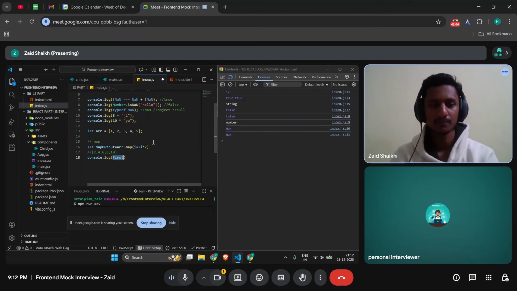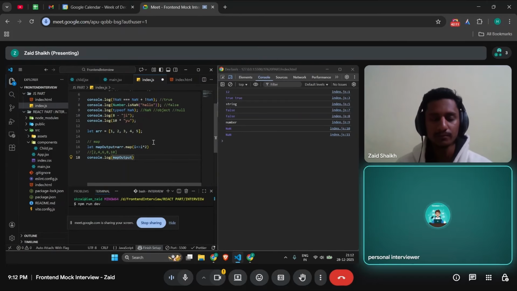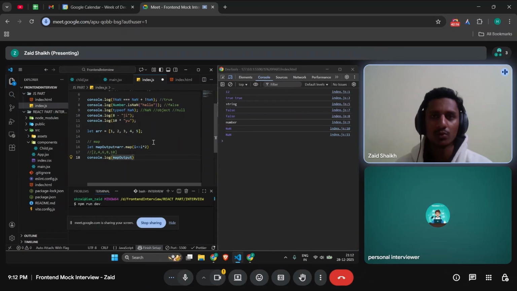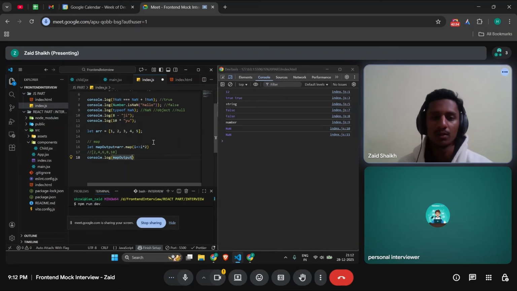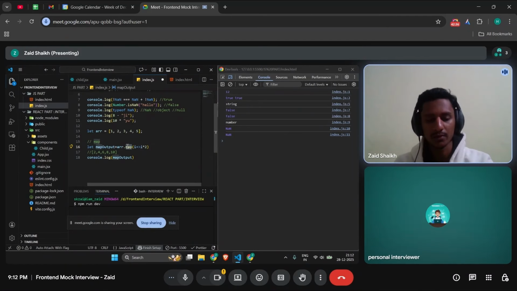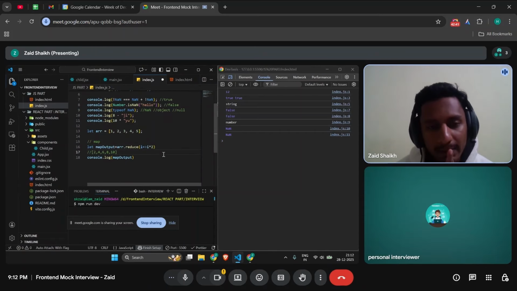What happens if I use reduce in place of map? Okay, so reduce will not return any array. Reduce will return a single output. So if I use reduce here, what will be the output? If we use reduce here, the output will be,